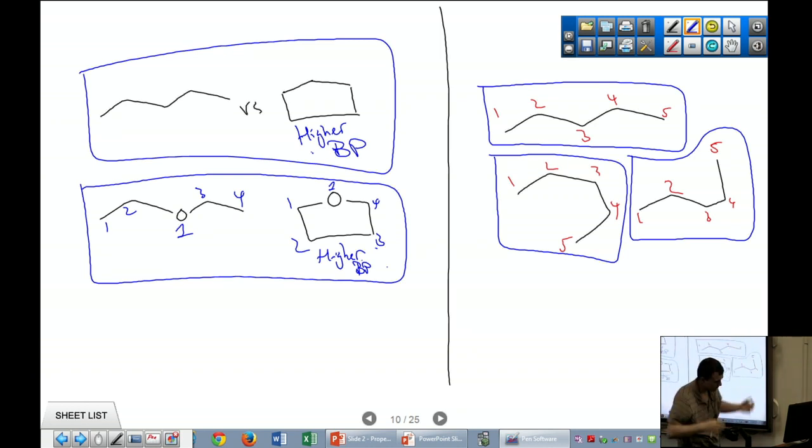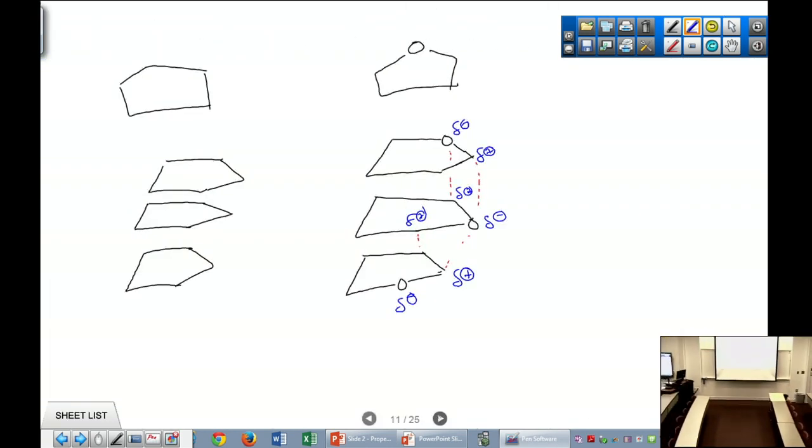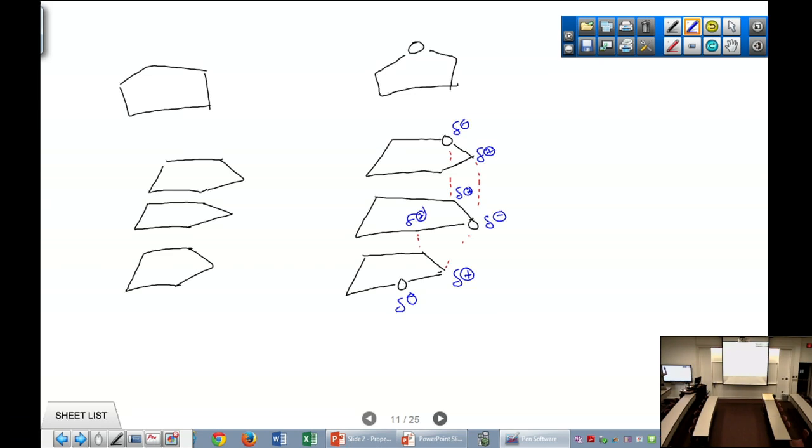Right? So if we look at this, here's our cyclopentane, kind of drawn on their sides. They all just fit together really nicely. They just stack right on top of each other. There's no other way for this to flip around. It is just stuck, kind of sliding together. Right? Now,